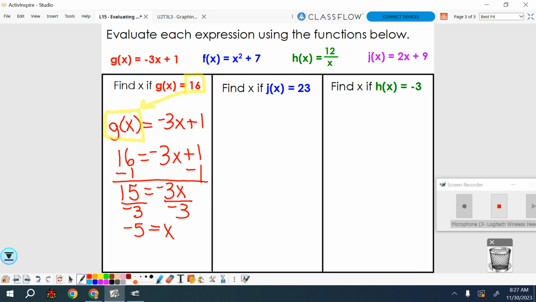So what that means in terms of our problem, remember, g of x, is that when my x value is negative 5, my output value is 16. Okay? So now, don't be tricked here. This next one, and I'm not going to do it with you, says j of x. That means we're going to use this equation here for that one. And then the last problem says h of x. So when you plug that in, it's going to plug in over here. So even though they're in weird spaces, don't let that fool you. All right,